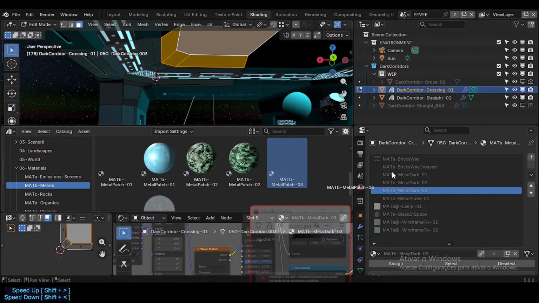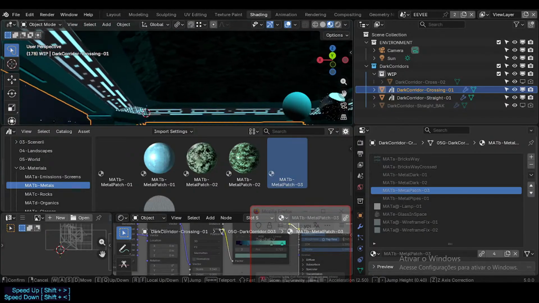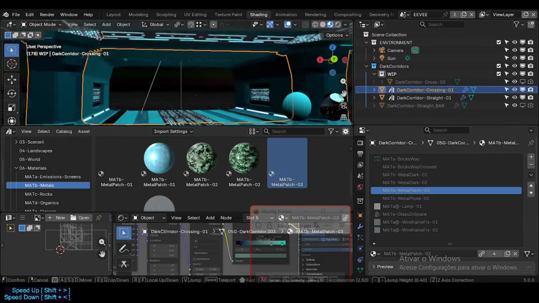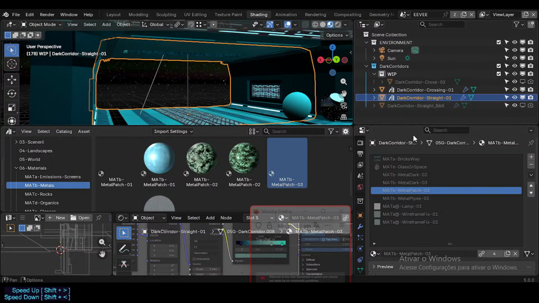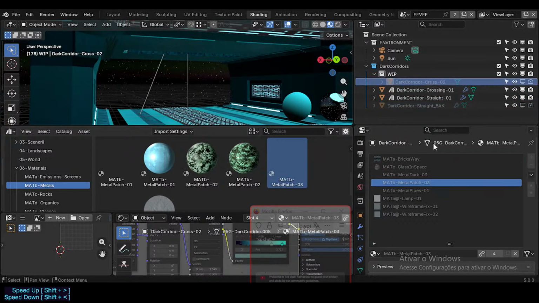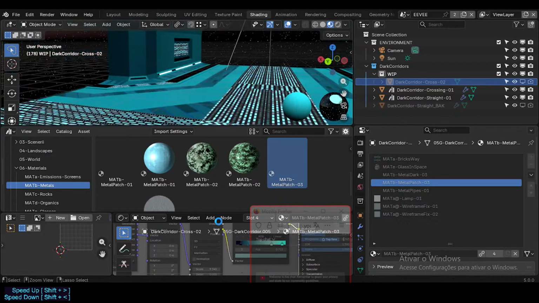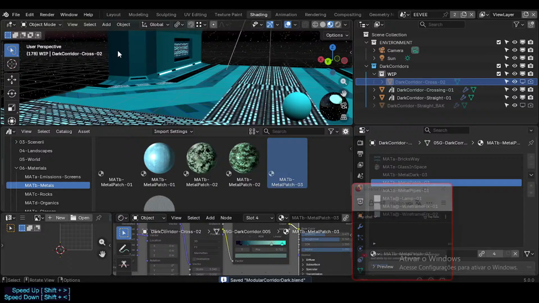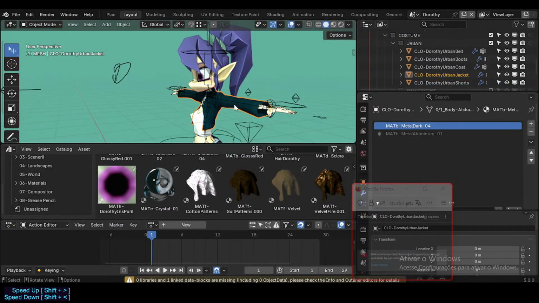Metal dark. Well, I used the wrong one. There we go. Okay, it was just a little mistake here. Wrong material, sometimes it happens. So this is finally achieved. So if I want to go for the character Dorothy, I think she has just some. So here we can already fix this